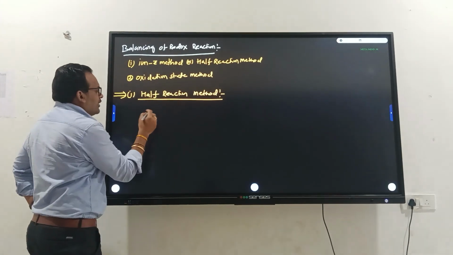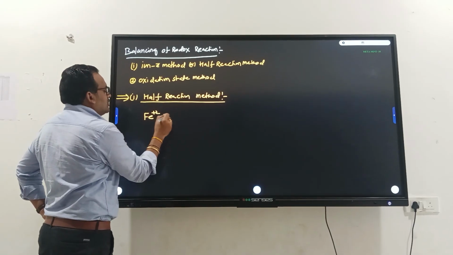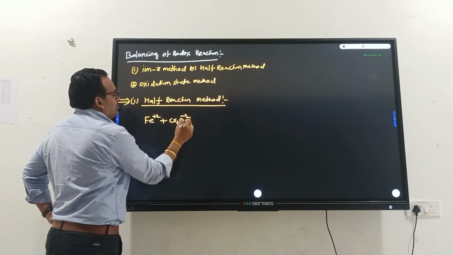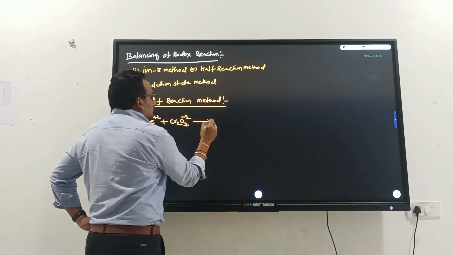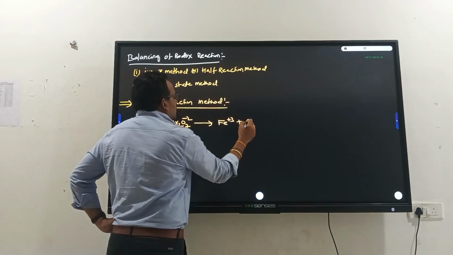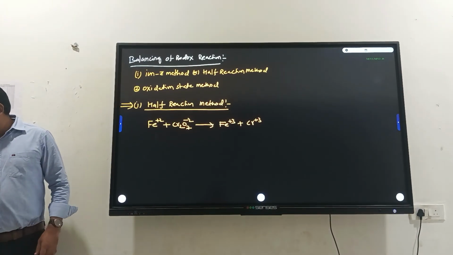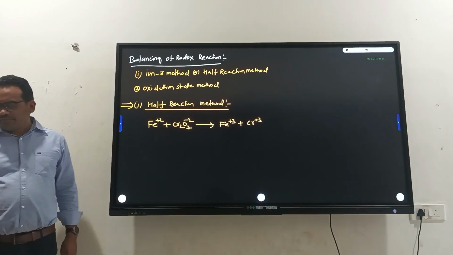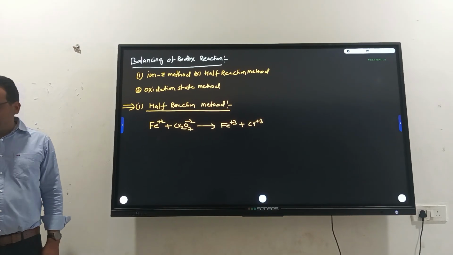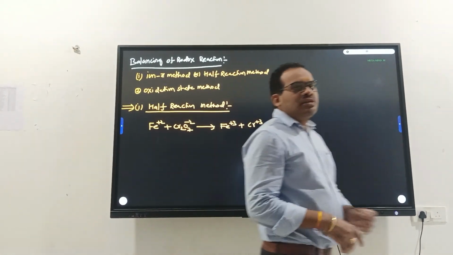Now see, children, suppose I am taking one simple reaction: Fe2+ and Cr2O7 2- will give rise to Fe3+ and Cr3+. Fe2+, Cr2O7 2-, Fe3+, Cr3+. Now in this reaction, children,